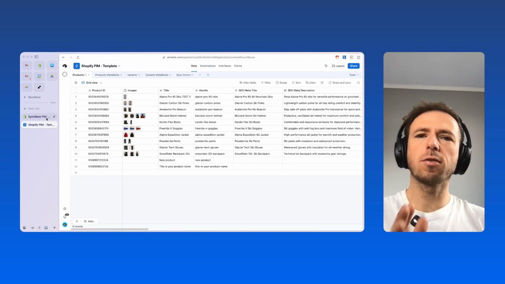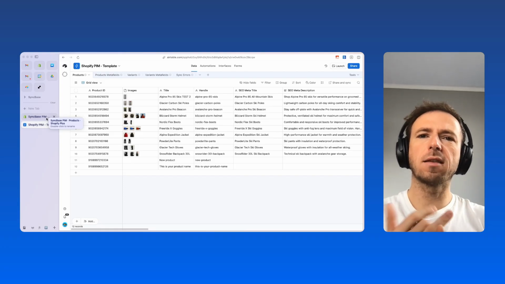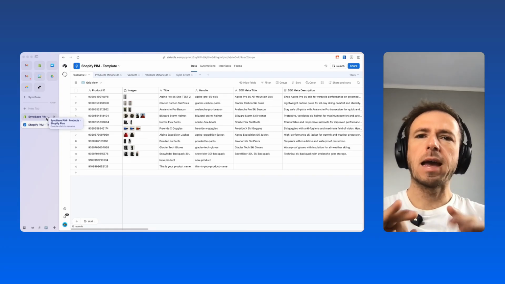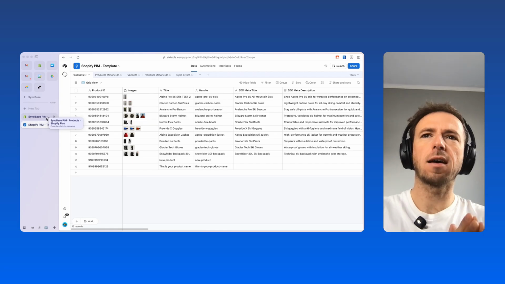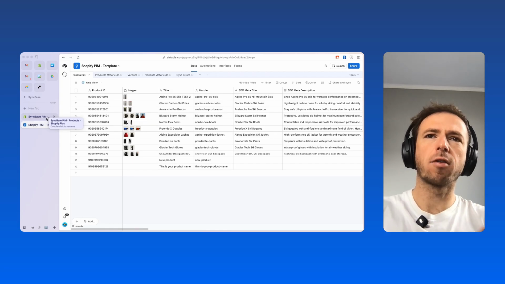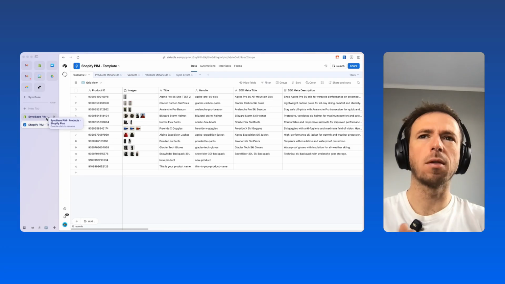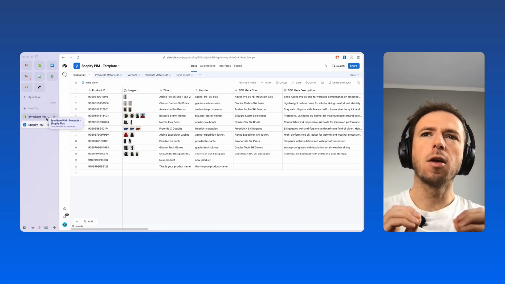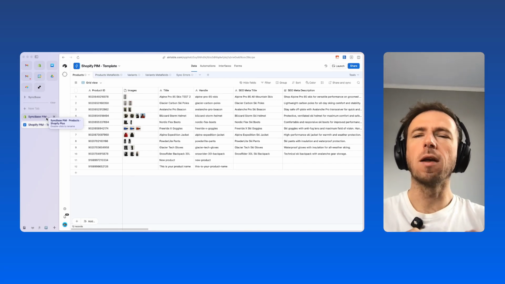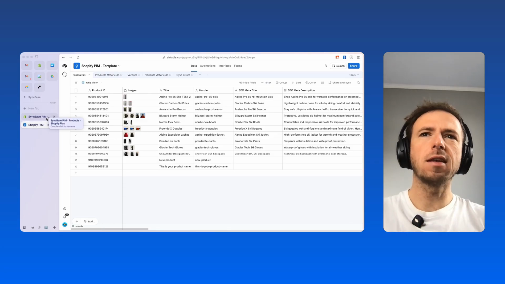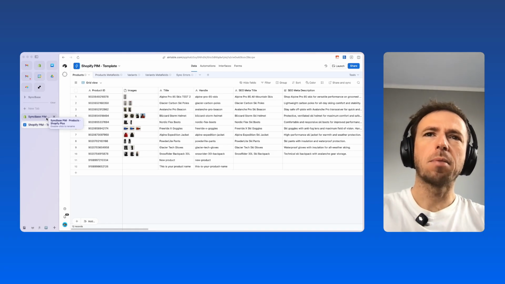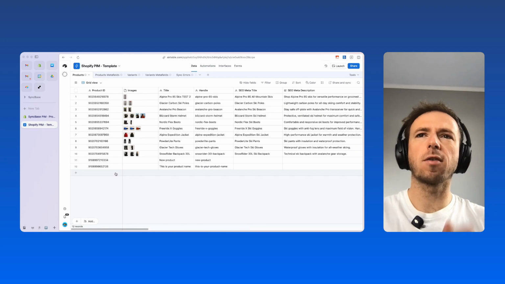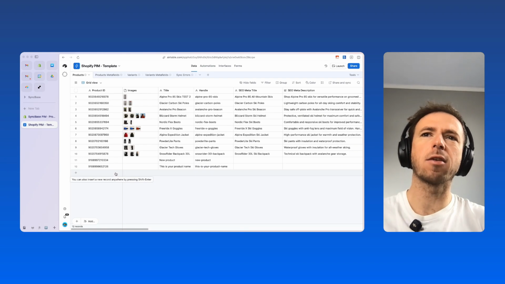Now, let me explain. So we've gone through update and create, and let me go through what happens if you want to delete any kind of data from Shopify or Airtable. By default, we disable any entire object deletion from Airtable. Why? Because this is super dangerous. So if you want to, for example, delete 10 products, you cannot do it from Airtable because it's too easy to delete a lot of records, and it could lead to deleting your entire catalog in your